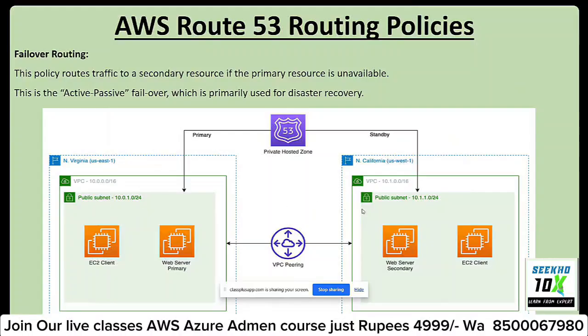So both sites have a different VPC and different public subnets, and both are connected through VPC peering, which we did the day before yesterday. Then if my Route 53 has a record saying this is a primary and that is a secondary, whenever a request comes,